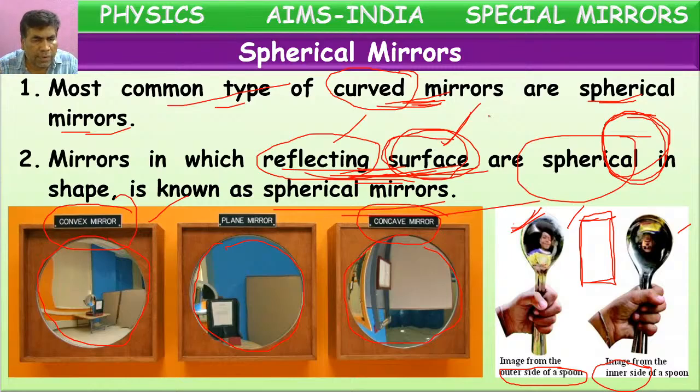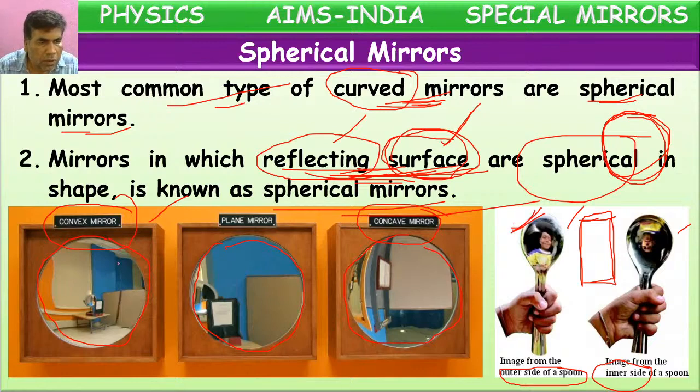Have you understood, students? If you want to tell whether a mirror is spherical or not, how can we tell? Based on shape, can we tell? We can't, because all three are in circle shape. But how can we tell? Based on touching. If they are flat, they are plane mirrors. If they are curved outwards or curved inwards, they are spherical mirrors. By touching or by their surface we can tell, not by the shape.